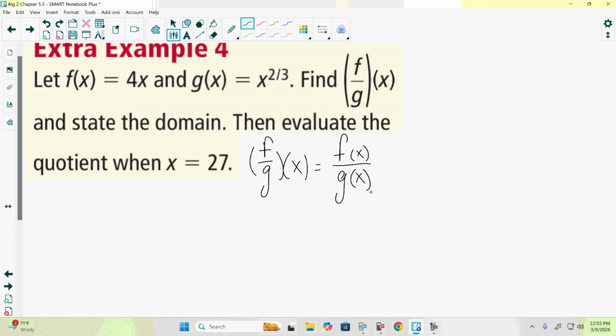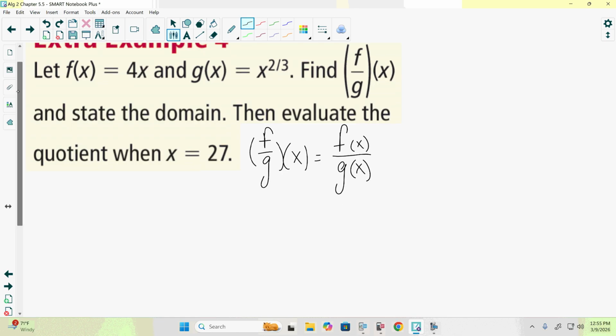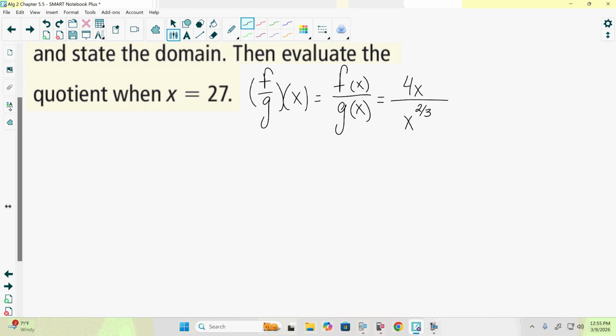F divided by g of x, so f of x over g of x. In this case, f of x is 4x, and g of x is x to the 2/3. Now, since they're already written in exponential form, we're going to go on and simplify it down from here. If it had been written in radical form, for this time only, we'd just leave it. But since they did give it to us in this form here,